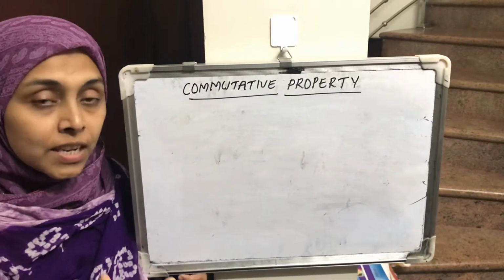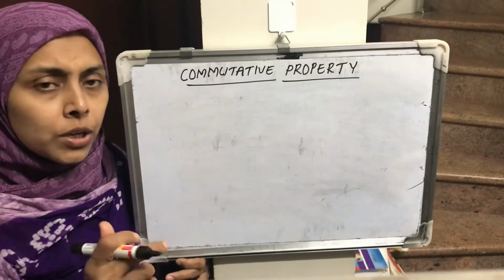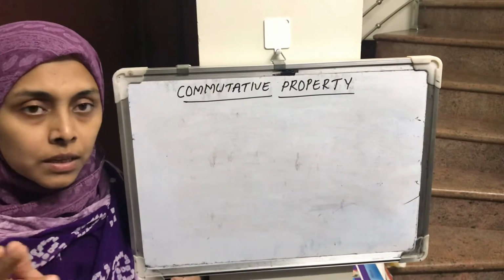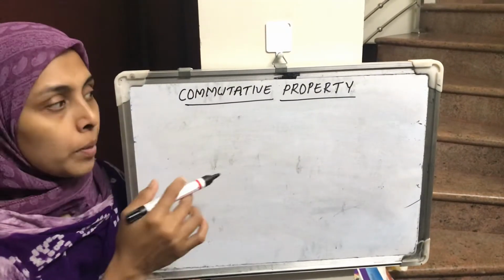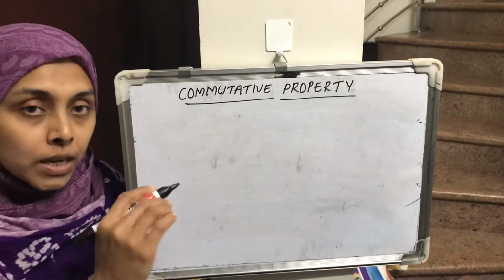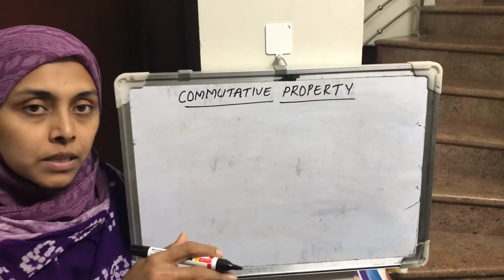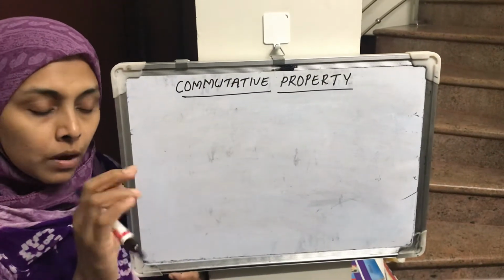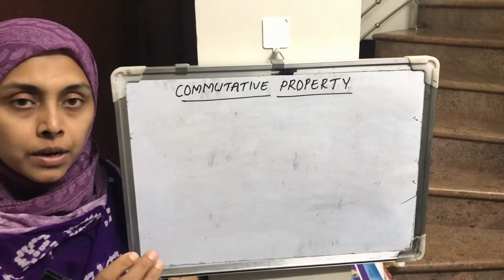Last class we discussed the closure property of rational numbers. Which is the next property? It is the commutative property. Commutative property that you remember in the case of integers and whole numbers that we studied in the lower classes. Commutative property means when we do any operation and change the order of the numbers, there will not be any change in the answer. That property we are checking in the case of rational numbers. For all operations we want to check: first addition, subtraction, multiplication and division.